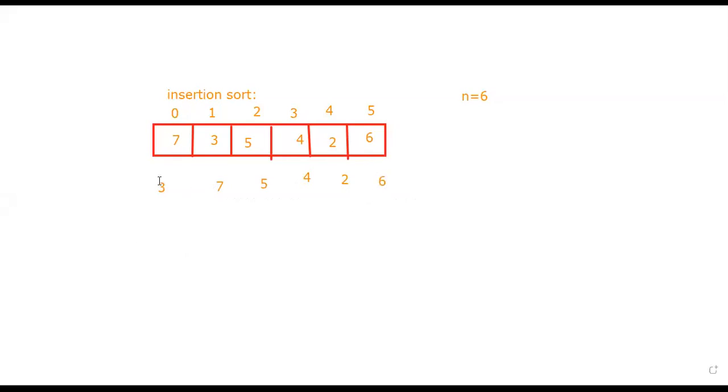In the next iteration, this is pass 1. This is called pass 1. Okay, so next is pass 2. Every iteration, every step, is called a pass here. So consider it as a pass.